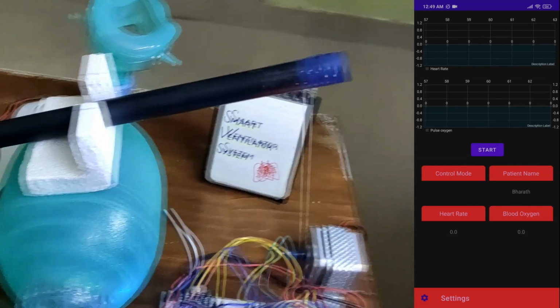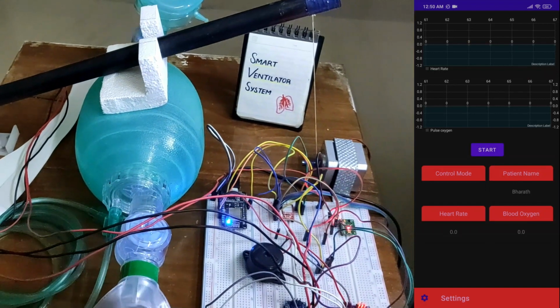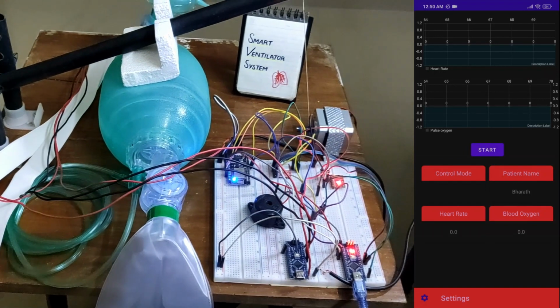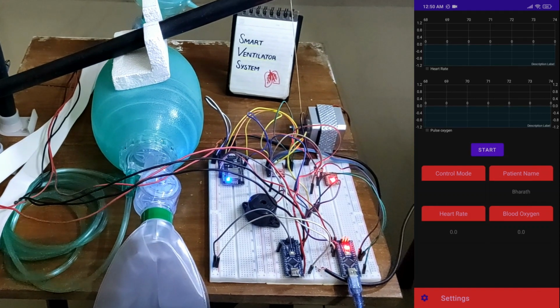We have a buzzer to give feedback for every detected heartbeat, and we are using a NEMA 17 stepper motor, an A4988 stepper motor driver module, and two power supplies, one for the stepper motor and one for the microcontroller side as well. Make sure that the connections are all proper if you are trying the same thing.